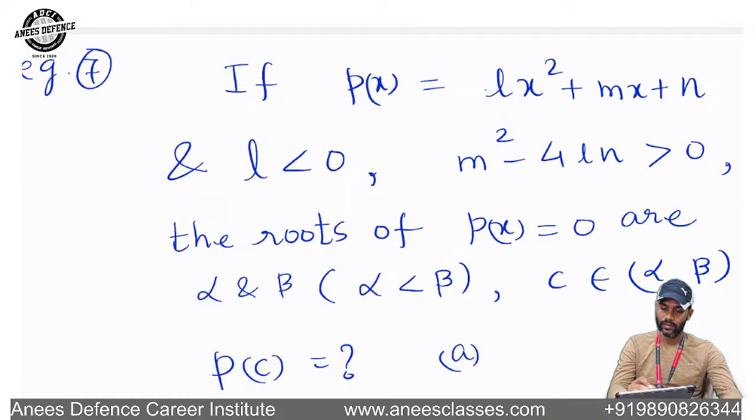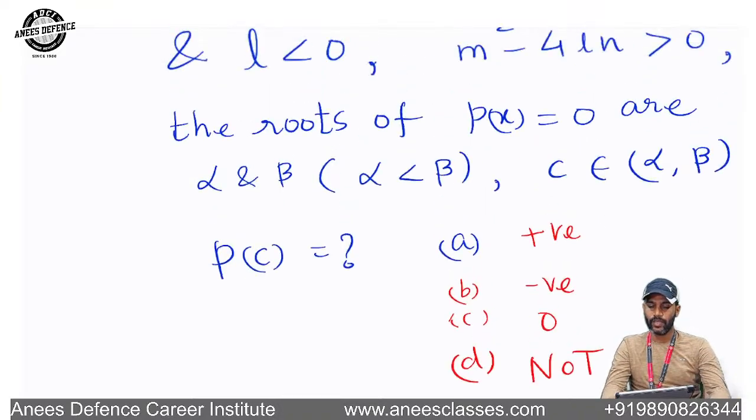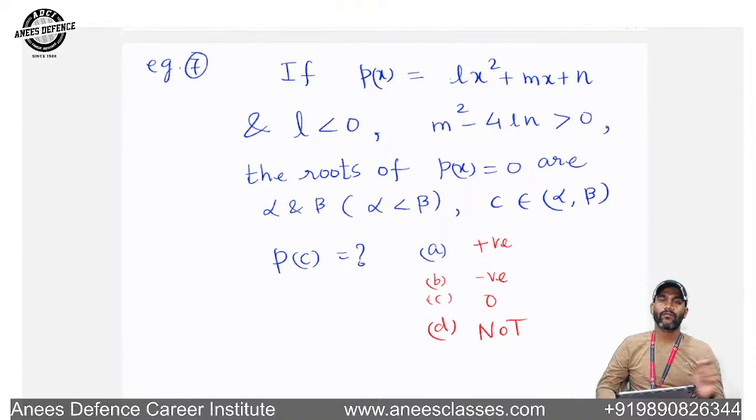Options: positive, negative, 0, none of these. Have you understood the question? L is negative. D is greater than 0. And the roots are